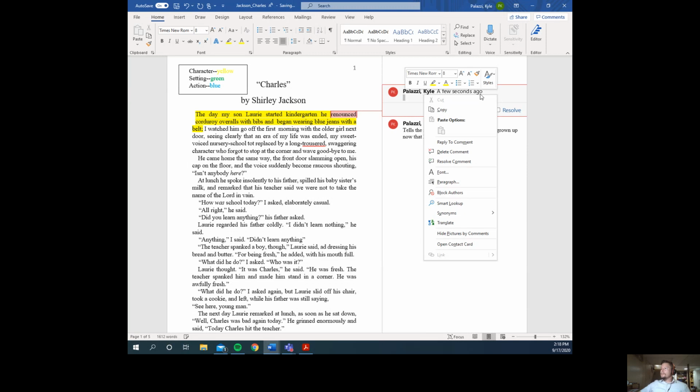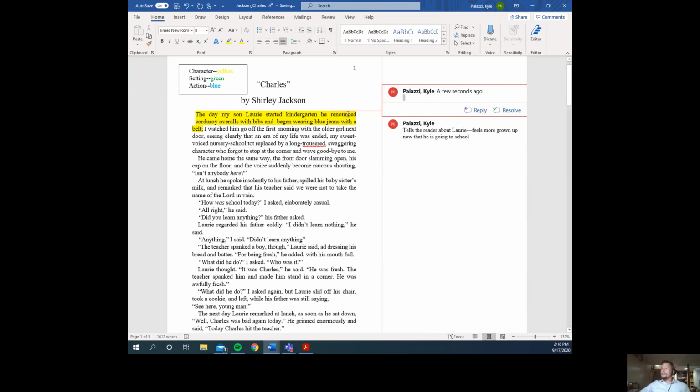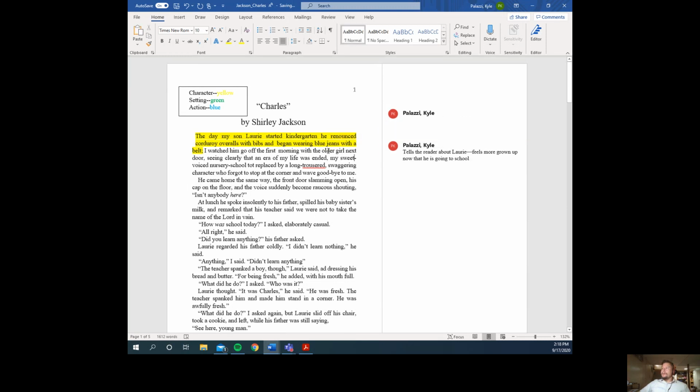I'm going to see if I can get rid of this because I don't really need that. Okay. All right. So we have our first comment here. And as you can see, once you leave the comment, if you scroll over it, it actually connects to what you had highlighted in the first place. So